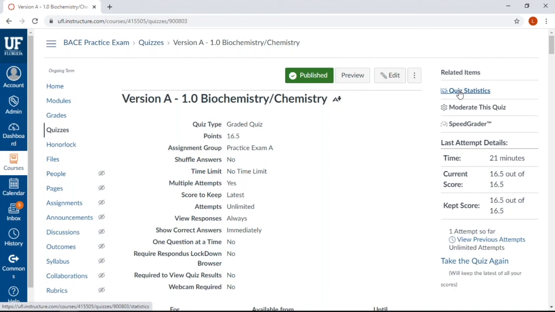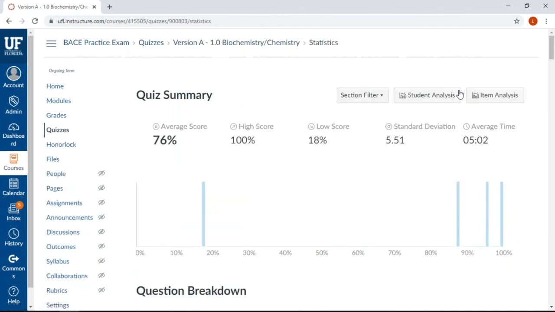Just a quick note before we progress. The features we are about to review are also available for the Learning Objective Confidence activity, but instead of quiz statistics, the menu option is named Survey Statistics. There are two features here that I would like to bring your attention to.